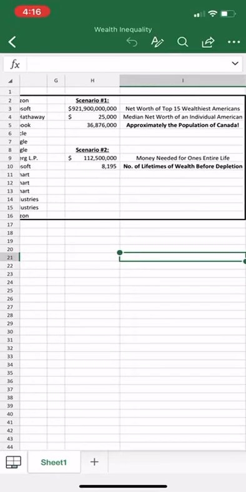Again, these are literally 15 people that you could fit in a room and seat around a table. They have this amount of wealth. And then right below it, I took the median net worth of an individual American. The reason I use median and not average is that